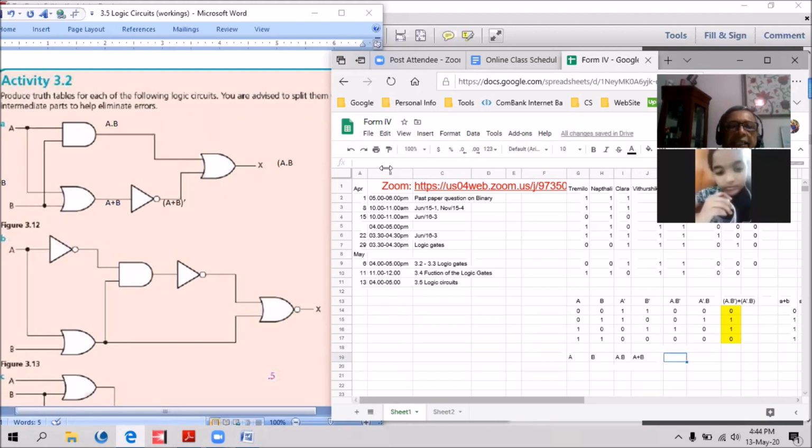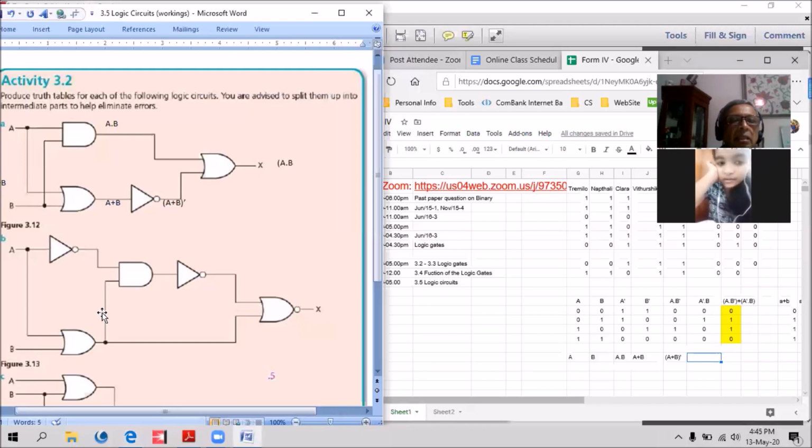And the fifth column is A plus B in brackets, with a dash. The last one is A plus B bracket plus.